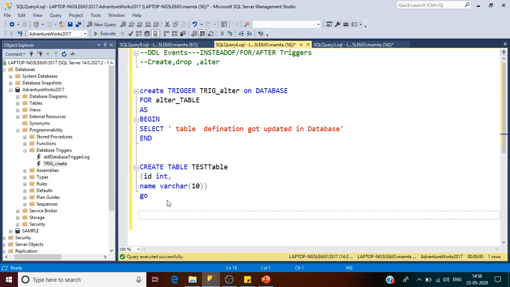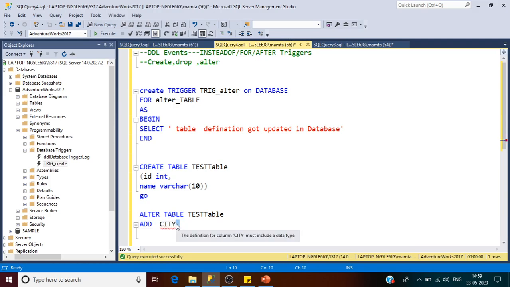So let me go ahead and add one more column here. Alter table, to test it, add column, a column like city. There is no need for this keyword.